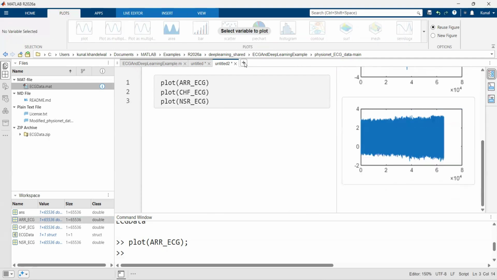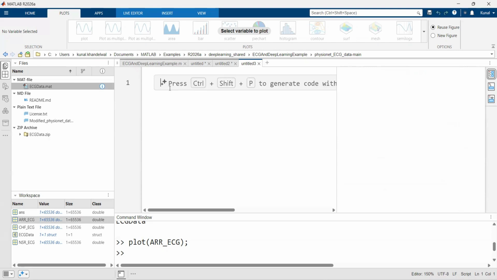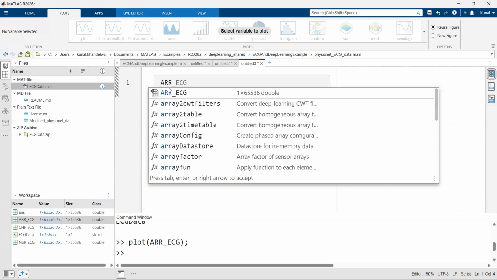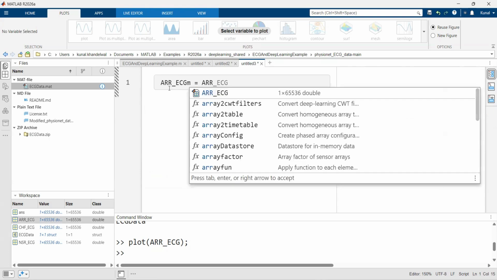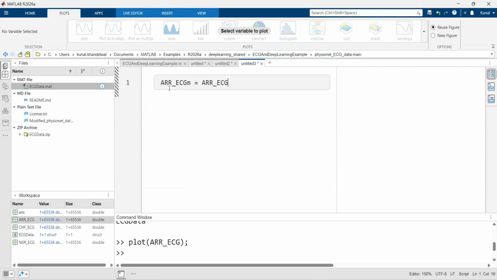To understand this, I could say ARR underscore ECG, and I'll write M for modified is equal to ARR underscore ECG, and from here we can go from 1 to 1000,